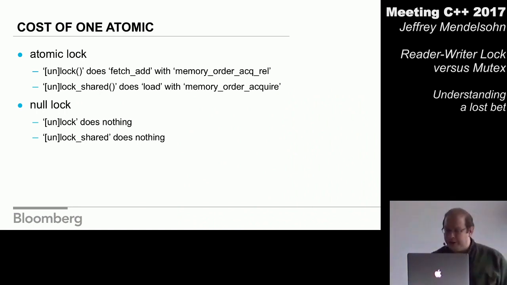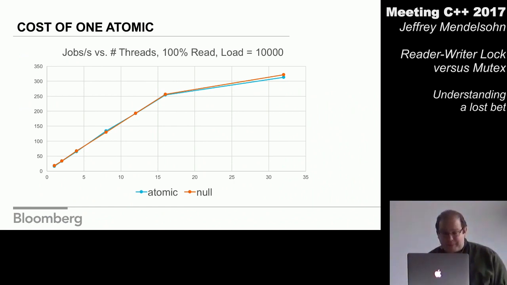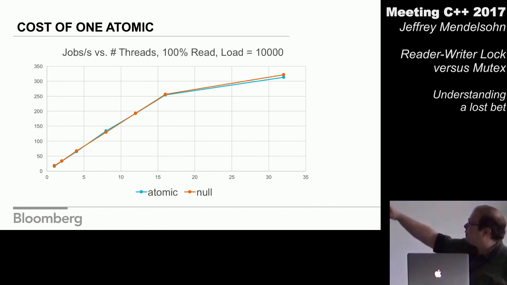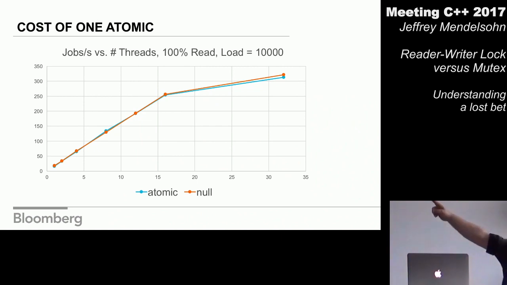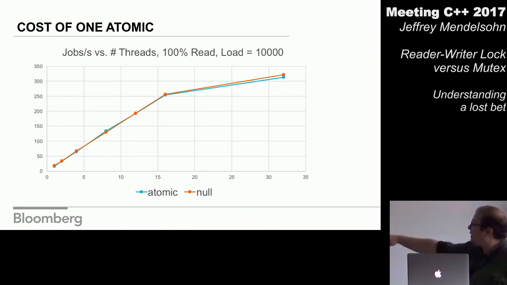Very good. So this is what my graphs will look like. On the left-hand side, we'll have jobs per second. On the bottom, we'll have number of threads. So jobs per second for threads, we'll start them all. I'll then describe the scenario. It'll be 100% read in this case. All readers, all the work jobs are readers. The threads aren't labeled, the work is labeled. And the load is 10,000, which again is 100 times what this bet from the map-like component was. It's about 30,000 math operations. Then, of course, I'll have the lines. Here I have atomic versus null.